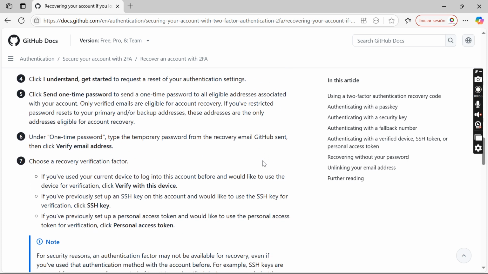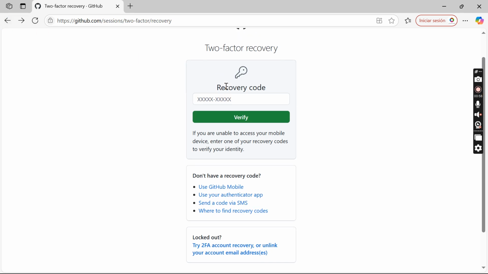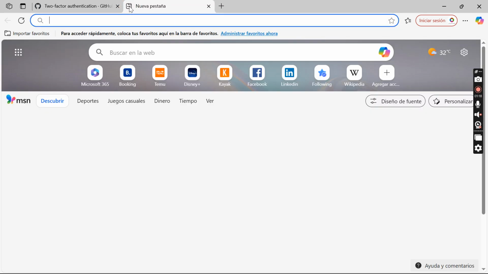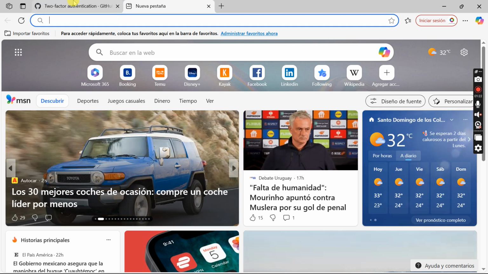Being honest, we can just use an authenticator app. But the thing is that this is happening because we're opening the Edge as a default browser. If I use Chrome as a default browser, I would not have to do any of this. But